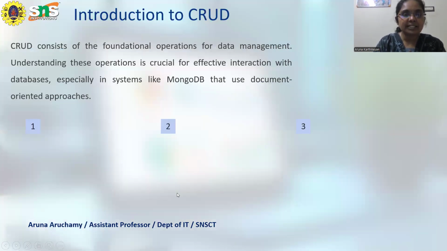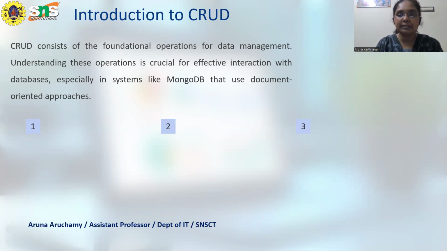The first operation is the create operation. This is one of the manipulation operations available in a database management system. It should have a direct, effective interaction between the database and the system. MongoDB is called a document-oriented approach, because whenever we create each record, it is created along with an object ID.